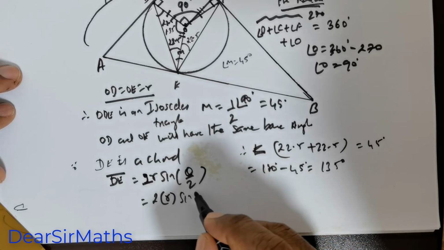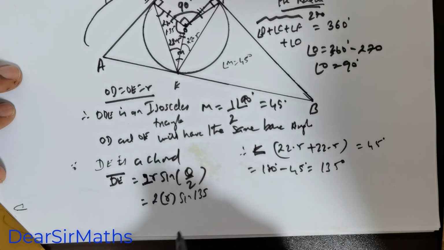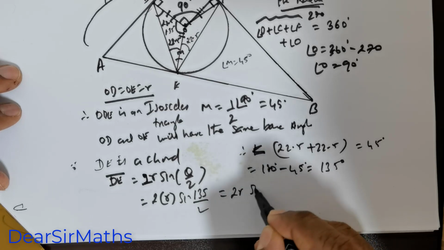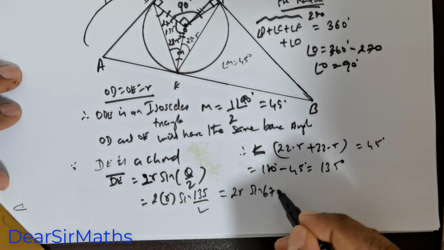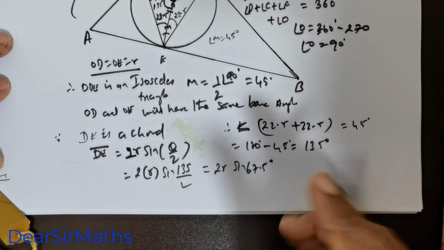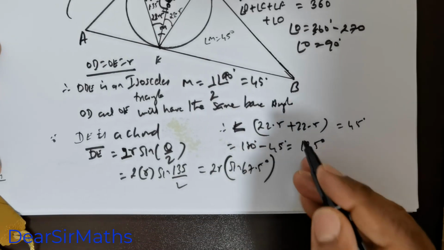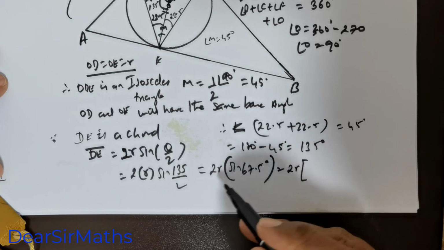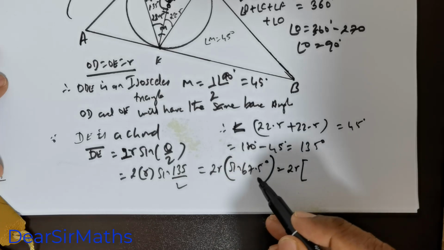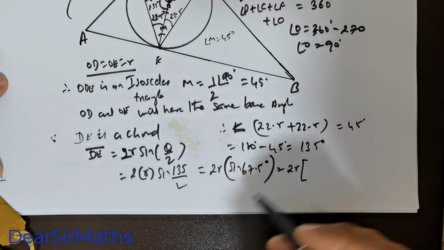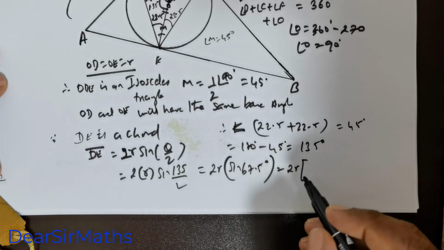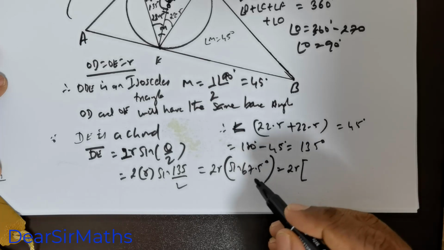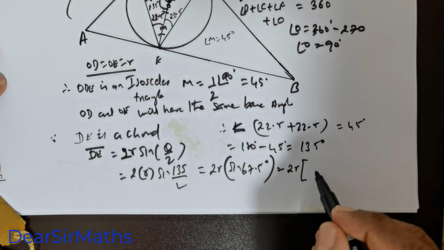Theta is 135 degrees. So this is 135 degrees divided by 2, which is nothing but 2 times R of sine 67.5 degrees. Now what is sine 67.5 degrees? In fact, I have done a video to calculate sine 67.5 degrees. I don't want to show the steps here because it will make the lesson too long, but I have put in the link